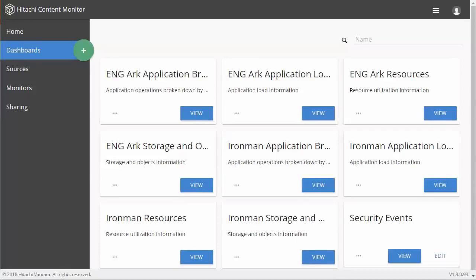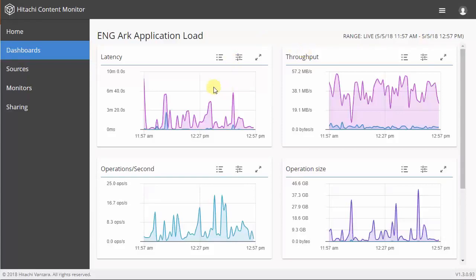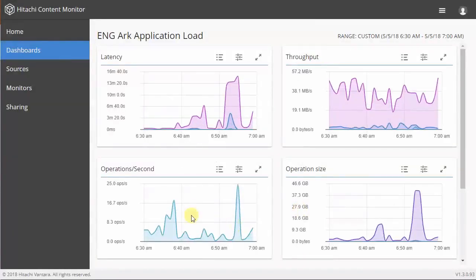You may have an application owner complaining that their application is running slow. To look at that, you might want to go to Application Load, and then I would look at latency. So we need to change the range to what the customer said he had a problem with. He told us it was today, and it was between 6:30 and 7 a.m. So we can change this to 6:30 and 7 a.m. So sure enough, it looks like we had a peak here at about